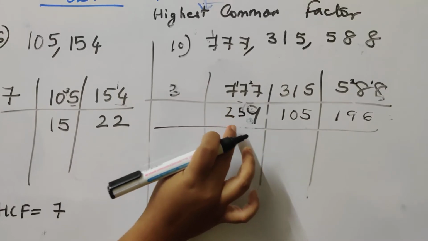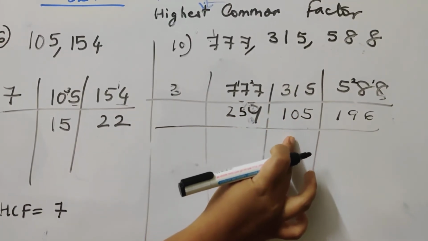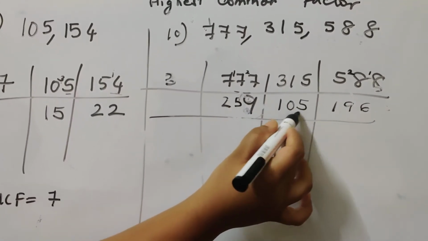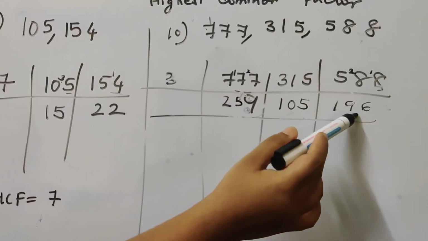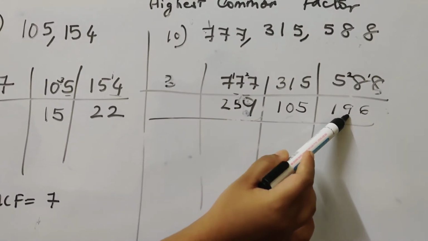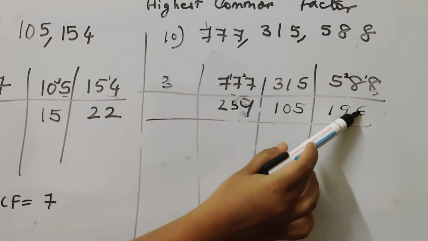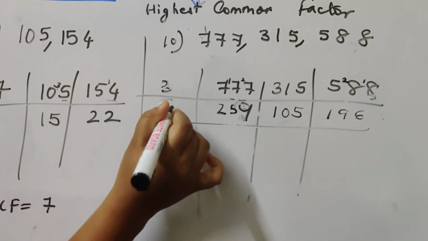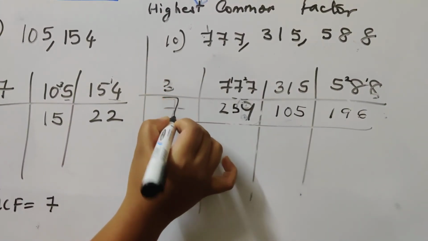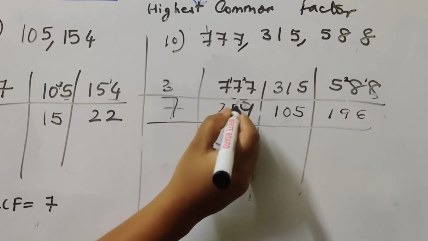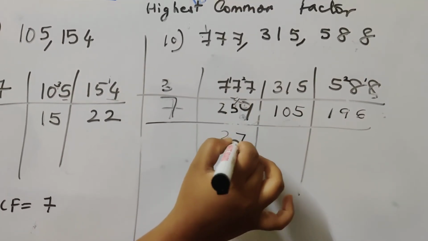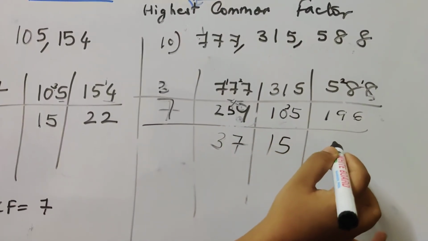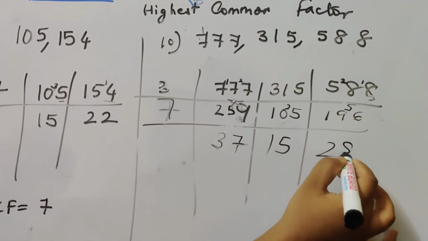This number does get divided by 7. Let's check here. 7 1s are 7. I'll have remainder 3. So 35. 7 5s are 35. Yes, even this number is dividing by 7. Now let's see with 196. 7 2s are 14, and what is the remainder? 5. 7 8s are 56. So I can use the table of 7. So let's see. 7 3s are 21, carry 4, 7 7s are 49. 7 1s are 7, carry 3, 7 5s are 35. 7 2s are 14, carry 5, 7 8s are 56.